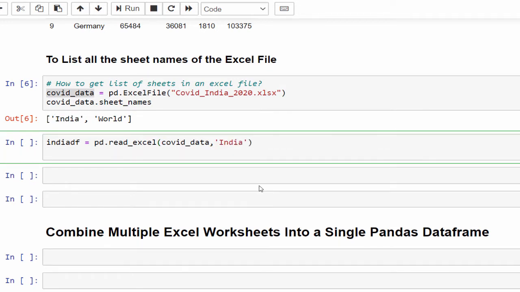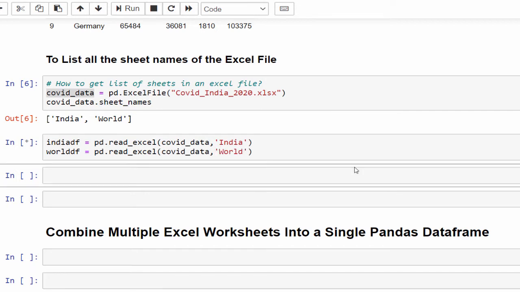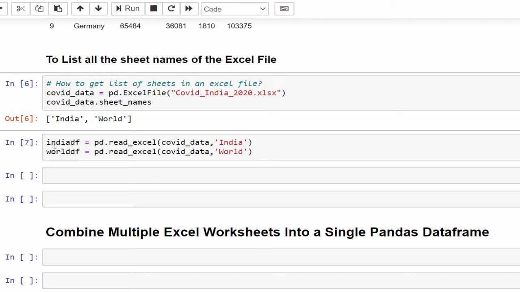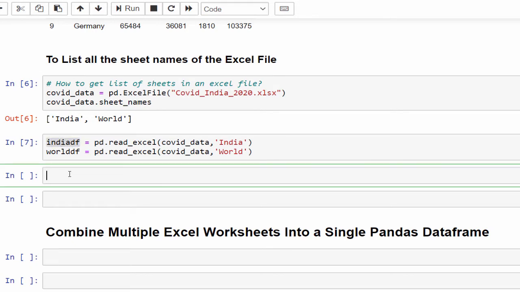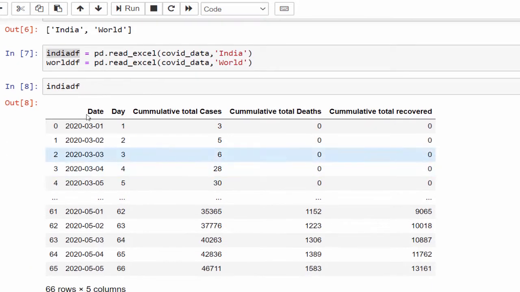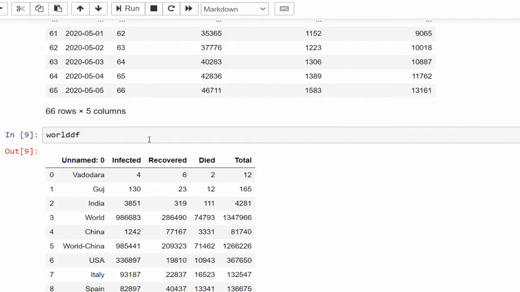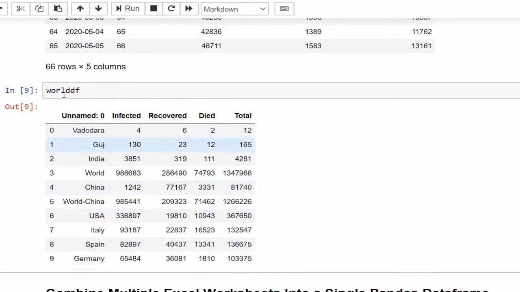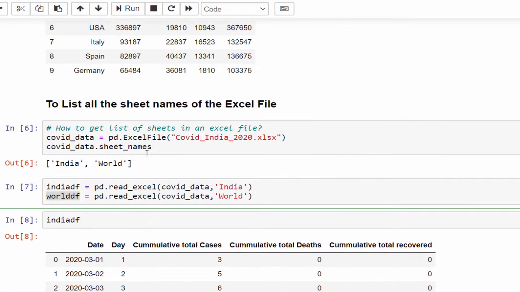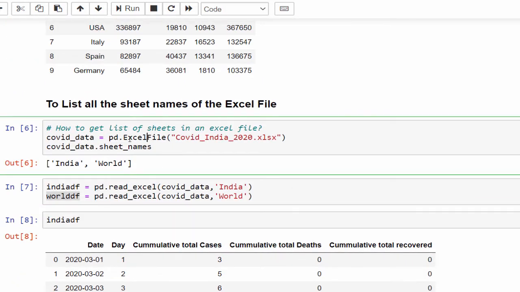In the same way, world data frame equals pd.read_excel COVID data, world. Each sheet is assigned to a different data frame. If you want, you can print and check it. So the India data frame is this one, and the world data frame is this one. This is how we read multiple sheets using the ExcelFile method.